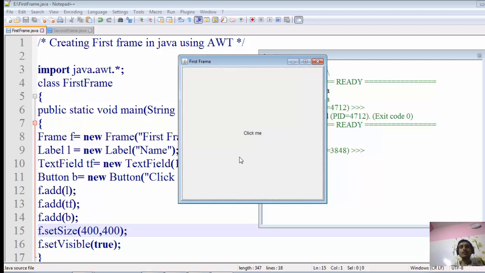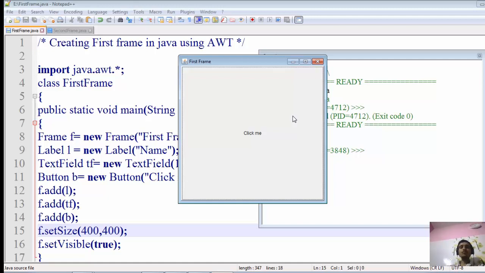And it also depends upon the operating system, as I have told you that AWT is completely dependent on the operating system. It is a heavyweight. It depends on the underlying operating system resources. It uses the underlying operating system resources. It is platform dependent. So the look and feel will be different from system to system. In my system it is looking like this, might be in your system the visibility of this particular frame is something different. The button will look somewhat different, and the color might be different.